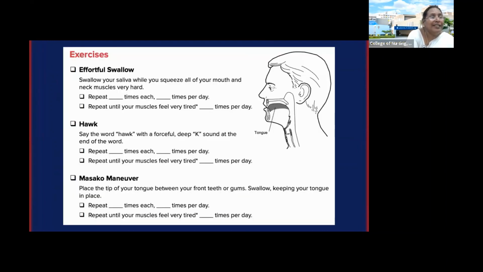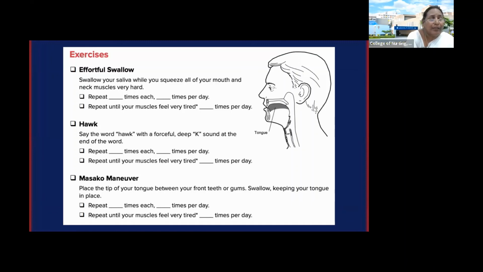We can, as nurses, teach them some exercises for swallowing. One is effortful swallow. That is, as if something is there in the mouth, you ask the person to use all the effort and try to swallow the saliva or whatever. Just mimic as though you're swallowing. That will improve the swallowing. The next one is the hawk exercise, where you ask the patient to say hawk. This is an English tool, so we have to find an Indian tool now. We don't have one. So hawk is, when you say that, you have that movement of the bolus going down. So that is another thing.